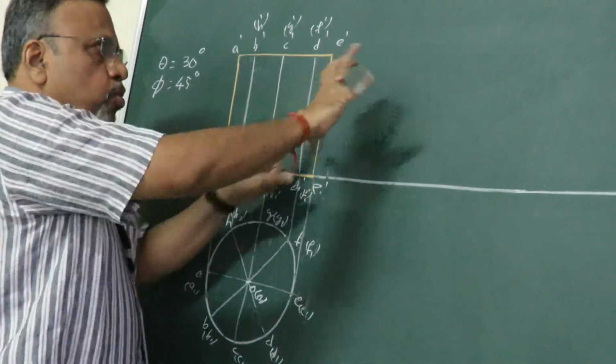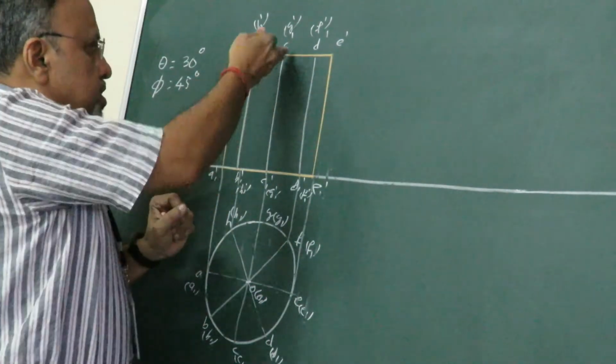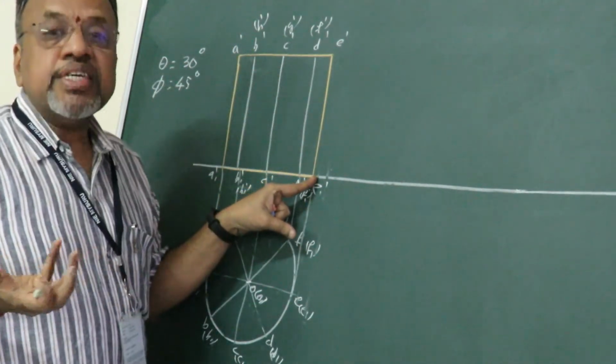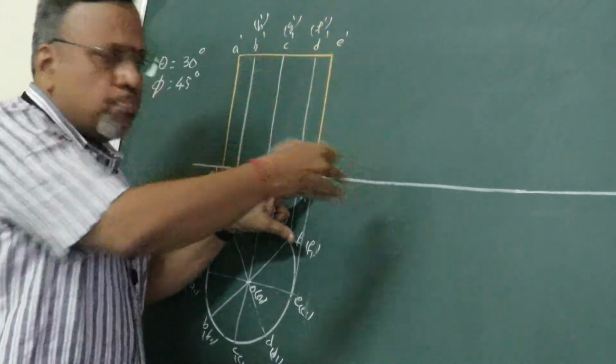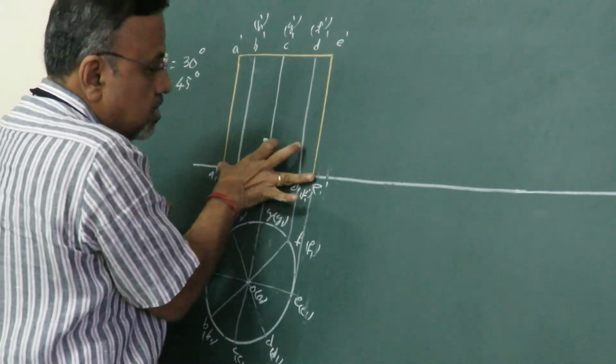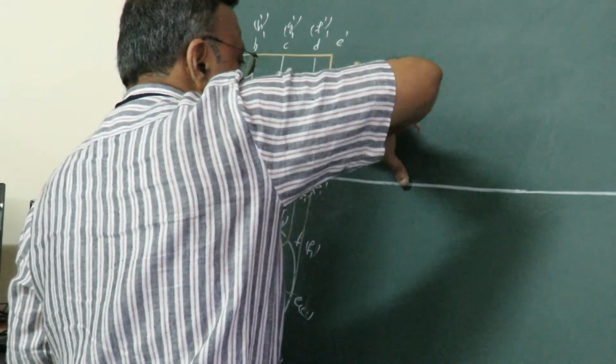Now as you can see, to redraw this figure, I already told you also, since the axis is inclined at 30 degrees, the base should incline at 60. So what I do is, first I will start with the base itself. Is it okay? So let us do that. So I will take this length and I put it somewhere here.